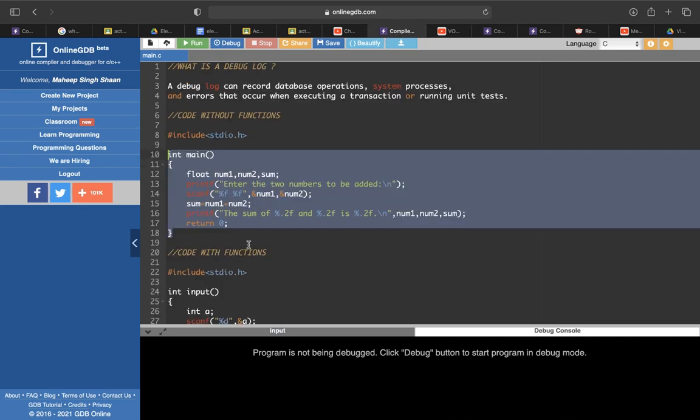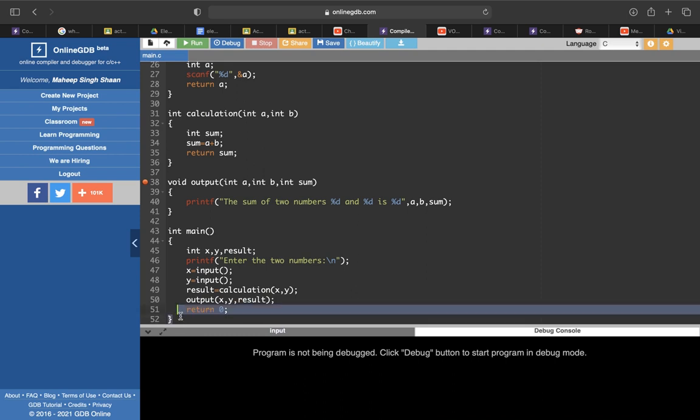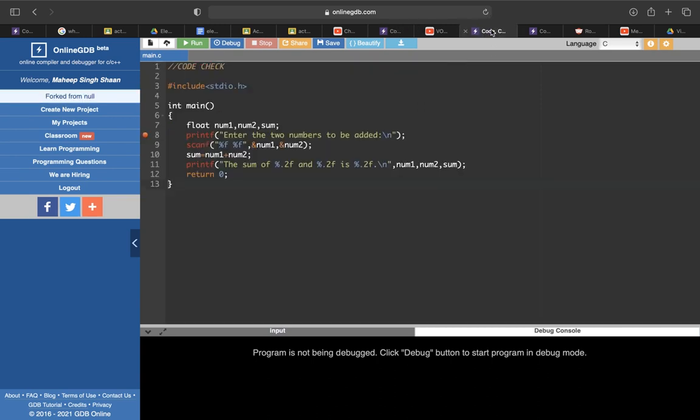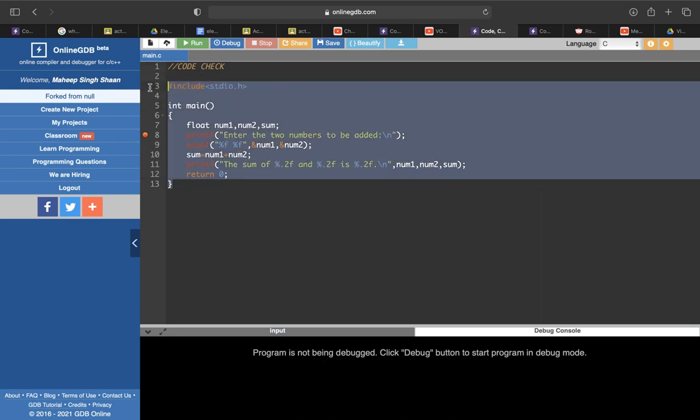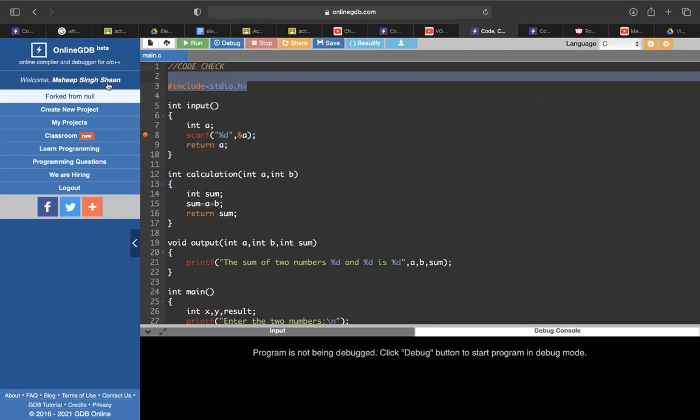Now what I want to do is check a code with 4 functions. This code is for the sum of 2 numbers only, so I don't want to complicate it. So I'll press Control C, take it out, and Control V. This time I copied this statement. I'm happy, I'm proud of myself, thank you. Okay, so I'm code checking it.